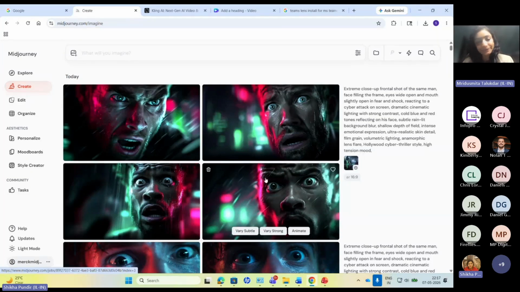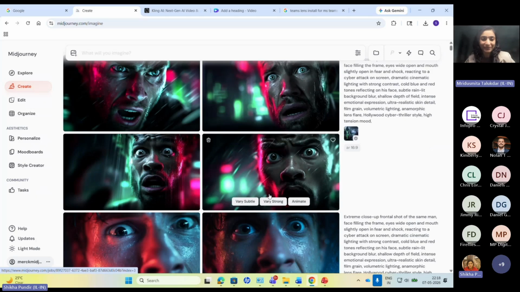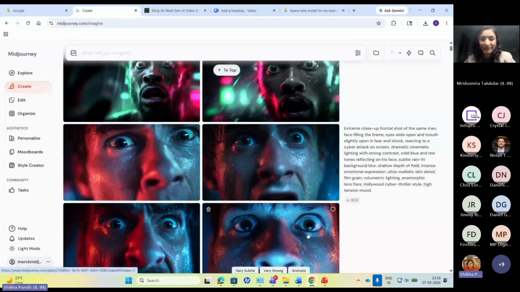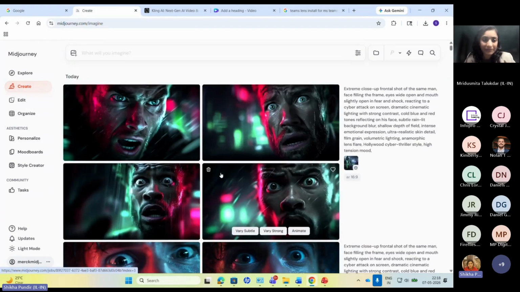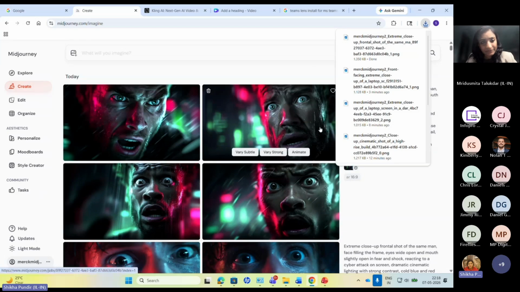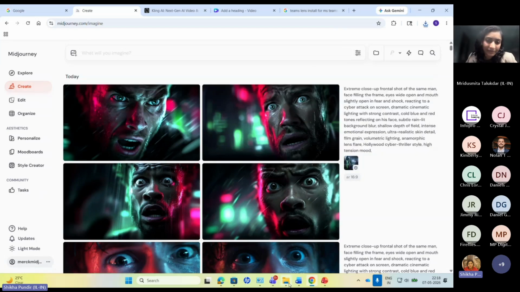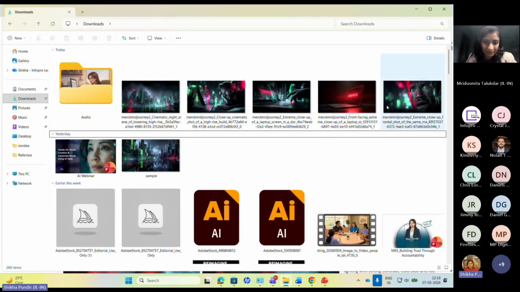And you see how different it is when you put the style reference and the output totally changes. It's a total game changer. These tips are really helpful when you are giving prompts to these tools. Your output totally depends on how you give commands or instructions to these tools. With this, I can save the second one. I think I have all the shots ready with me. And as you can see, these are all live generated.